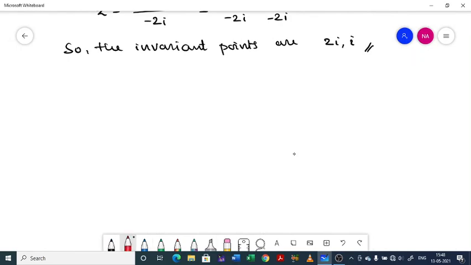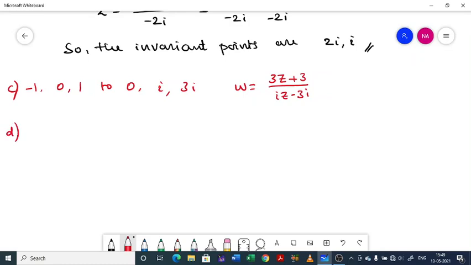Problem C. So this problem is similar to problem A and B. So try to solve this one. Find a bilinear transformation that carries minus 1, 0, 1 into 2, 0, I, 3I. Actually you have to get the final answer to be w equal to 3z plus 3 divided by I z minus 3I. You can verify your answer with this. Next problem D.